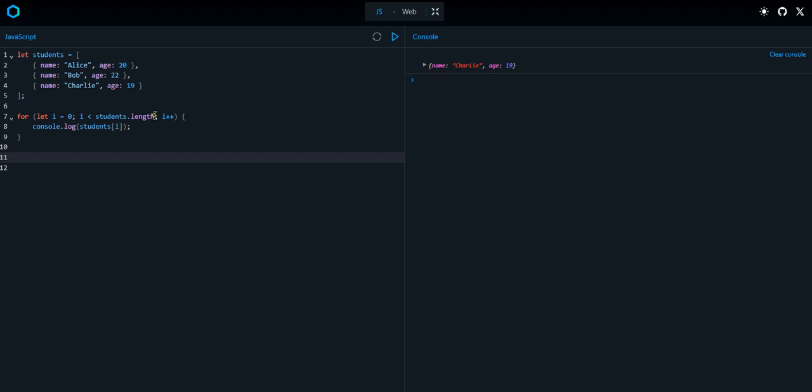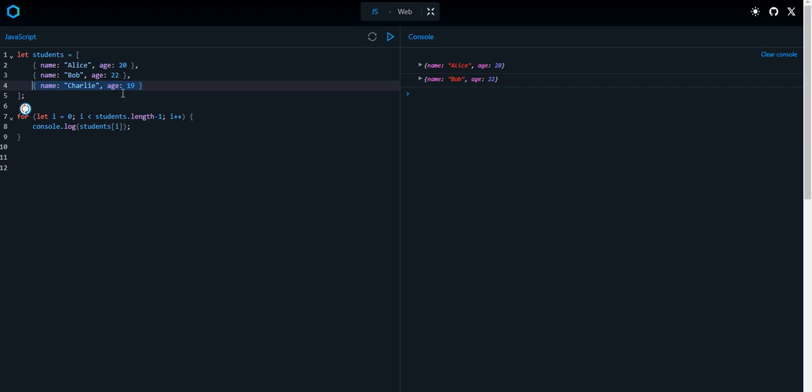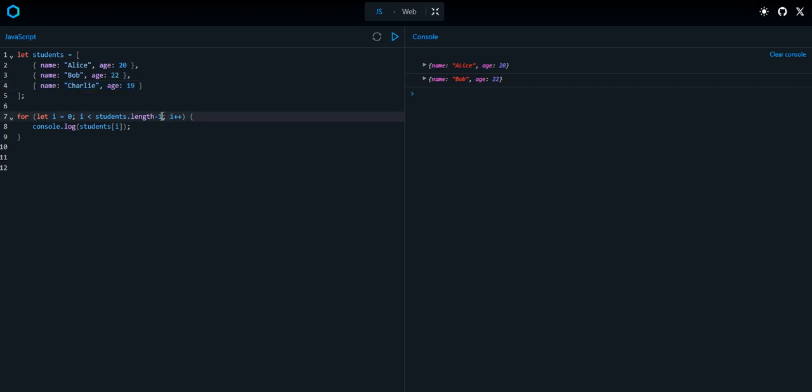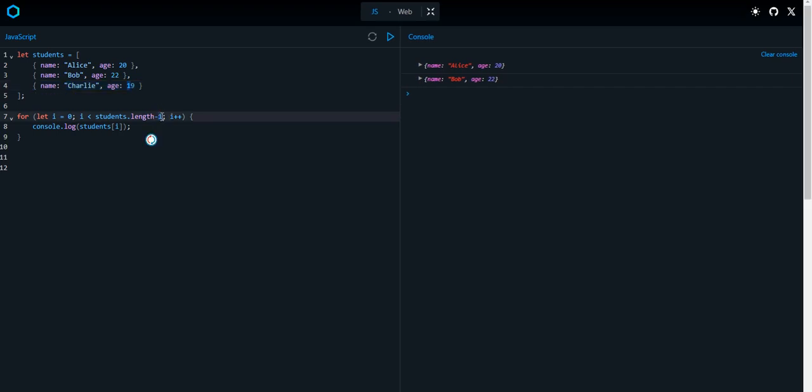If I change the condition and put run this loop as long as i is less than students.length - 1, this shows me just two objects because the last object disappears, as it is not in this condition. Now if I put here -2,